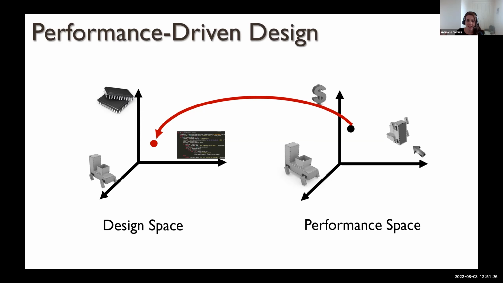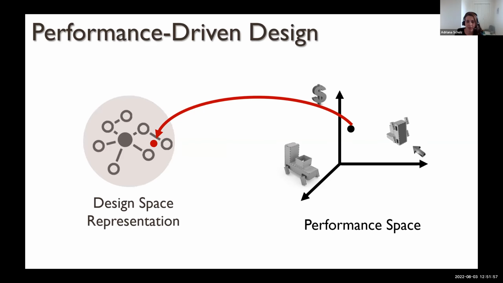So this is kind of the abstraction of the types of problems we are trying to solve. And if you look at this abstraction, one thing becomes really clear. A fundamental aspect of the first thing that you need to do, before you can start thinking of your best optimizers and best ways to evaluate performance efficiently with your physical simulations and all of these cool algorithms that we want to develop, before we even get there, the first thing that we need to define is, well, what is this design space, right?